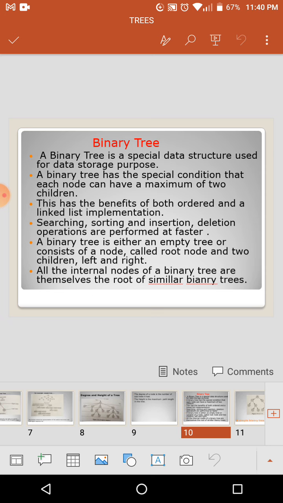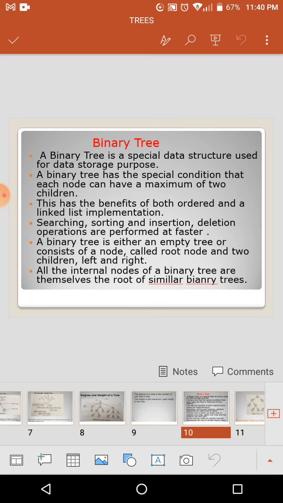Before the structures we have discussed, a tree will be divided into n number of subtrees. Suppose the basic tree design that is best, very helpful and very easy to represent is the binary tree. A binary tree is a special data structure used to represent data storage. It is also a tree, but with some special condition, some special design.